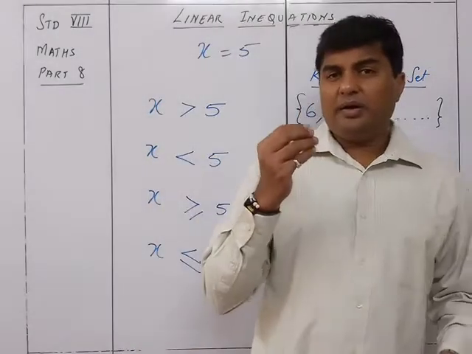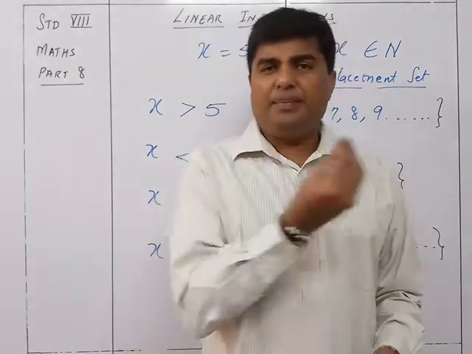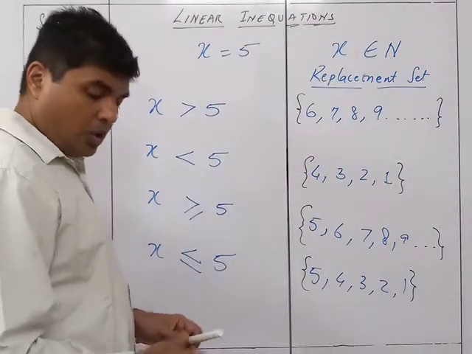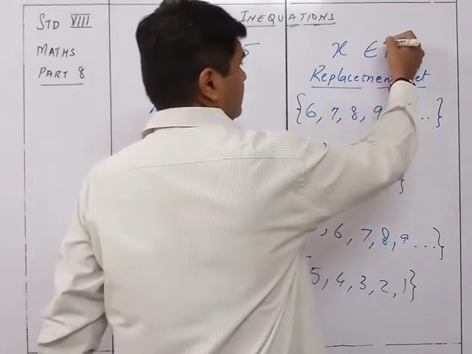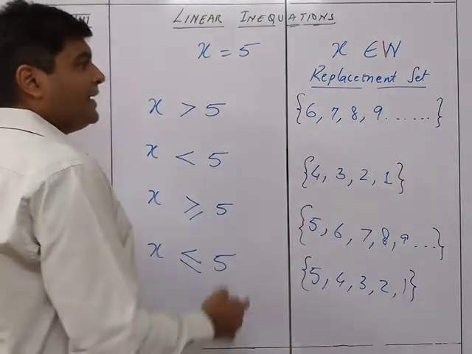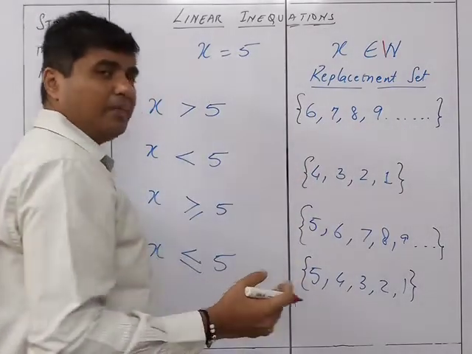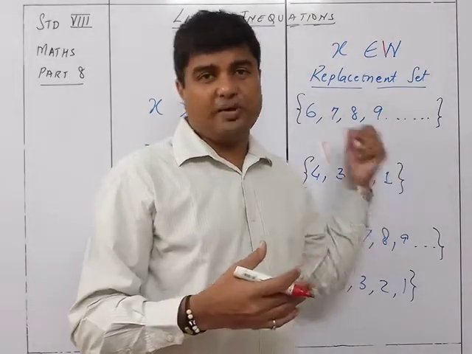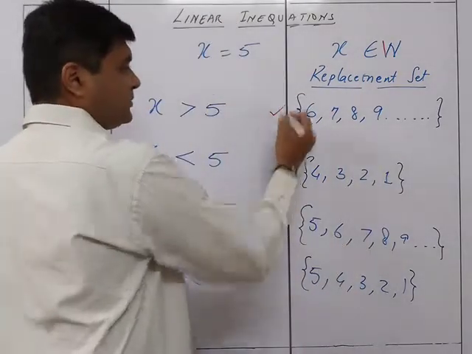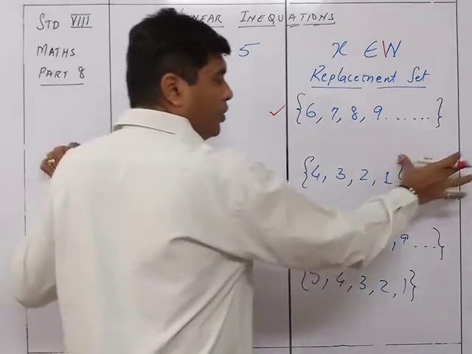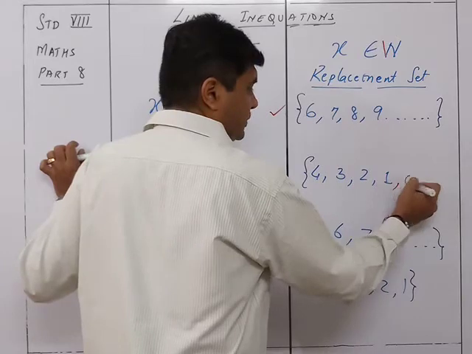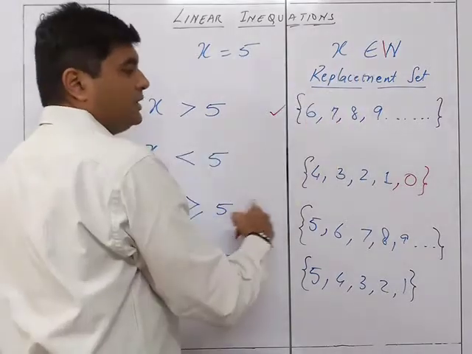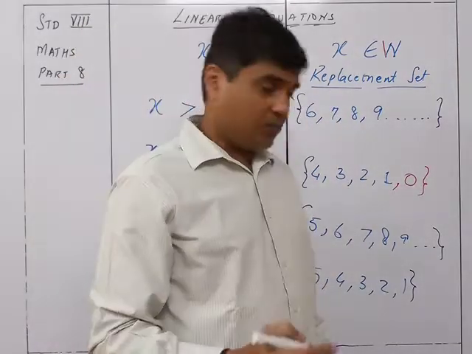So now the same thing, if I just improvise this question a bit. Let's see, if I say that this is not a natural number but a whole number, what would happen? There would not be any change in this, because anyways whole number and natural number both start from 1. So whole number starts from 0, but 0 is anyway not here, so this will remain as it is. In this case there will be one more addition to this, and that will be 0. The 0 will be added to this thing in case of the whole number. So in case of a whole number, this will become 4 3 2 1 0.